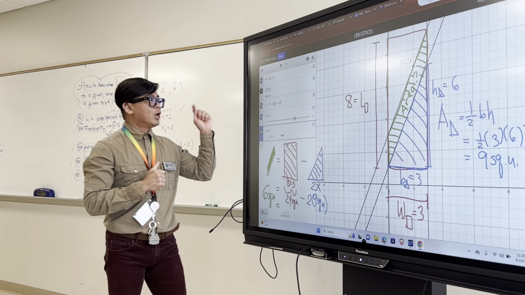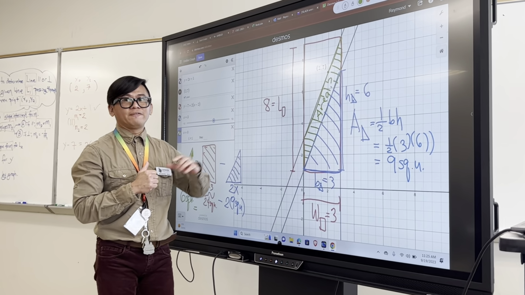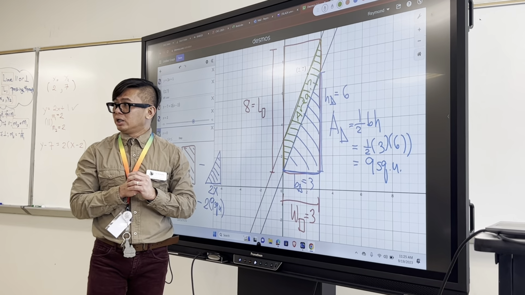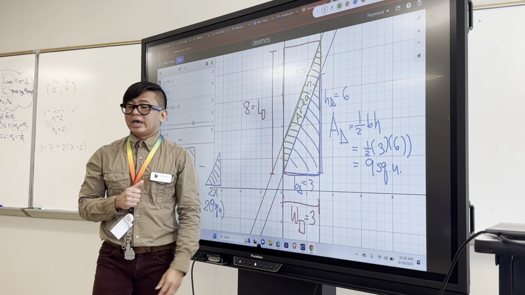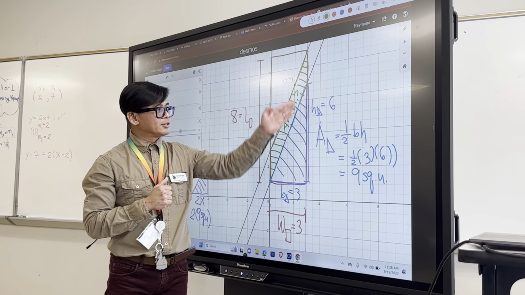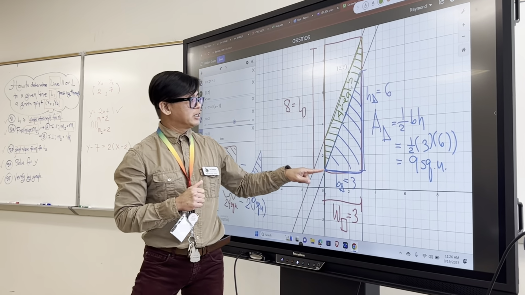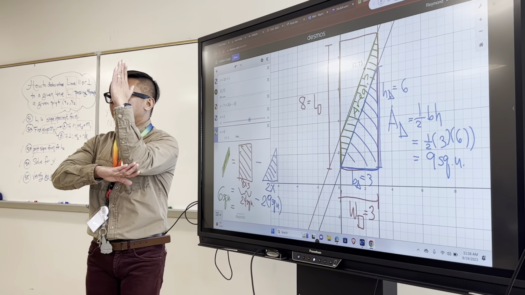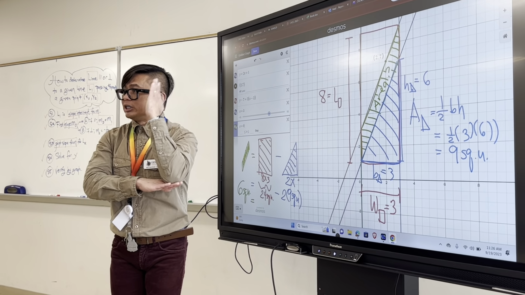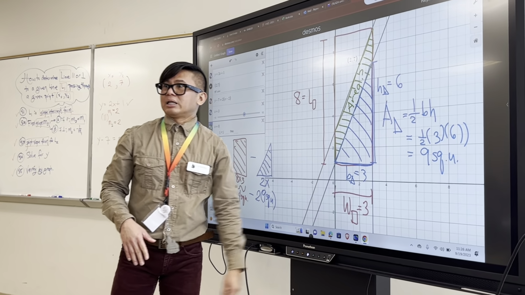Once again, obviously you have to know that the formula for area of a rectangle is always length times width, and the formula for area of a triangle is 1/2 base times height. And again, the base and the height should always be perpendicular to each other. In short, they should be at 90